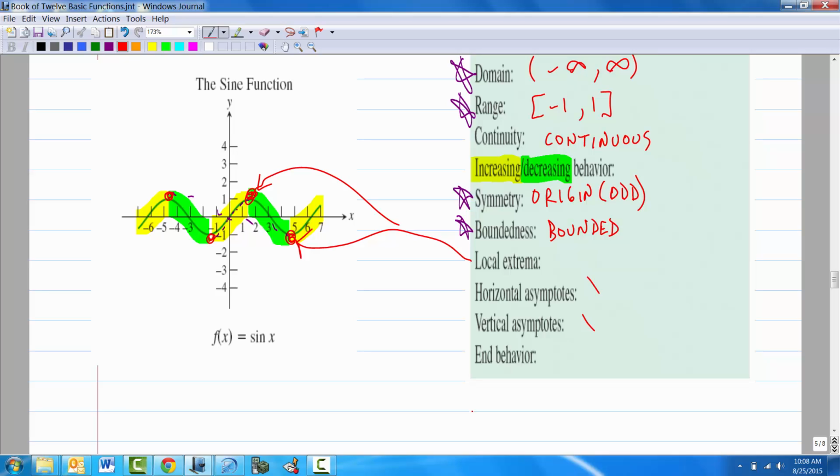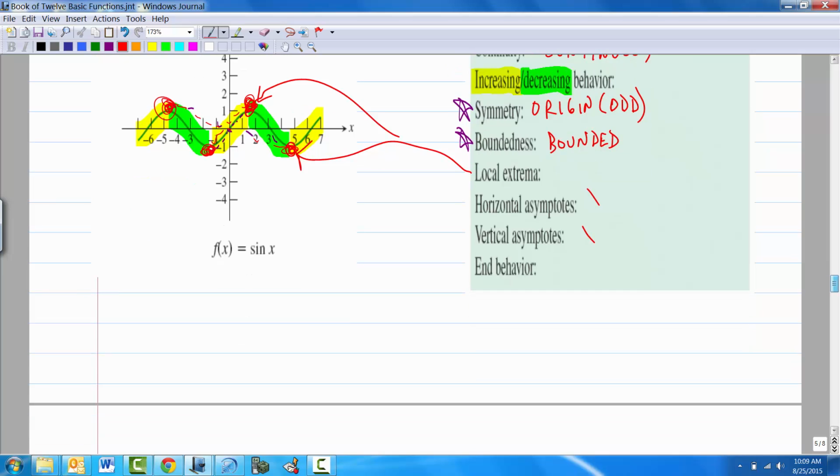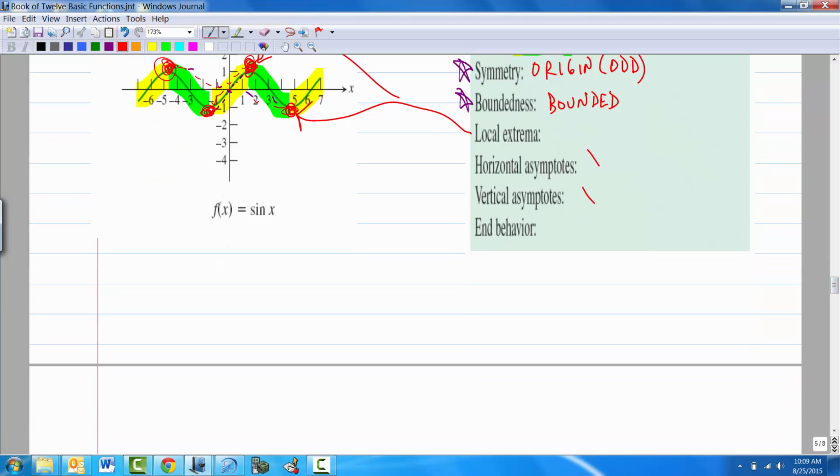This book assumes that you've learned a lot of stuff that we did not necessarily do last year. It is definitely bounded below and above, so it's just called bounded when that happens. And it is odd. You know why? There's odd symmetry. That's the only way you can tell, by looking at that picture and seeing the odd reflections here. No asymptotes, and end behavior is nearly impossible to answer because it continually oscillates between 1 and -1